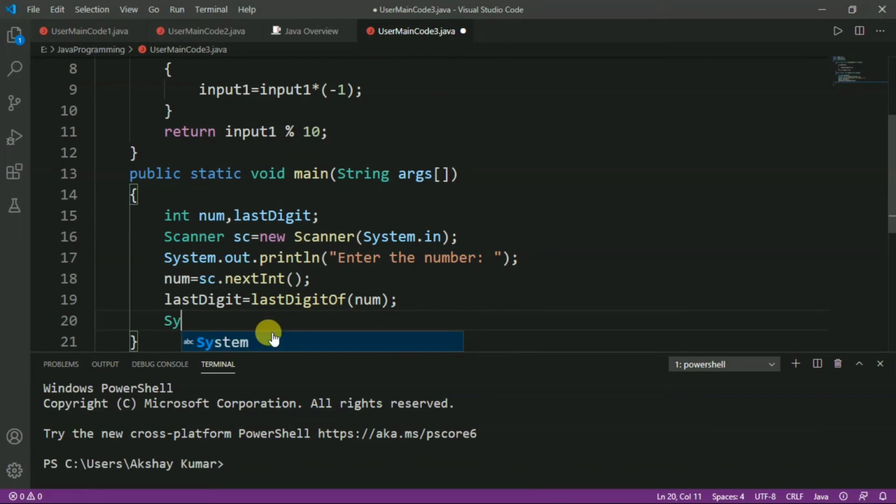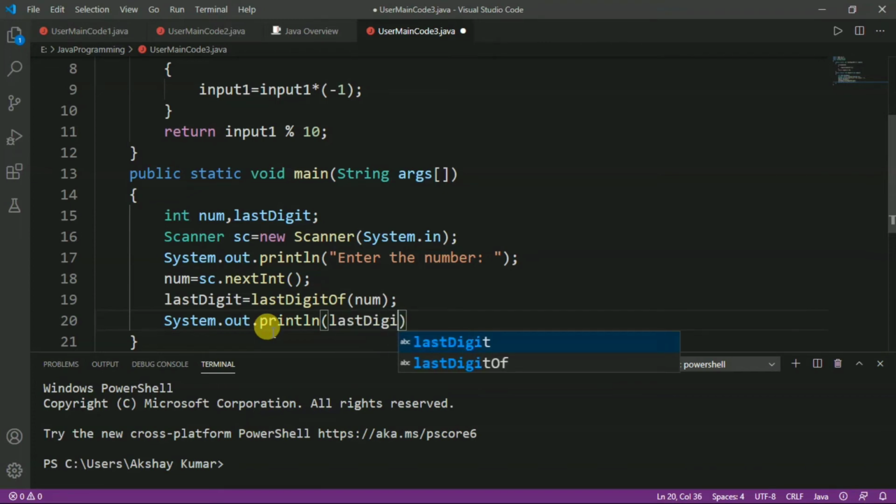Now we will print the value of the last digit. So here we have to write System.out.println, and here we have to write lastDigit, and now press Ctrl S to save the program. After that, we have to go into the drive or folder where we have saved our program.